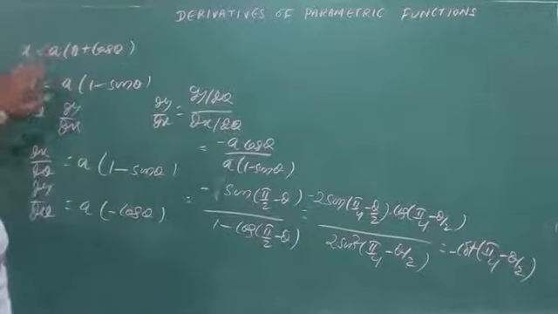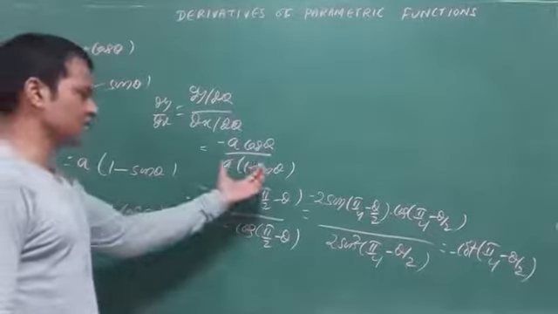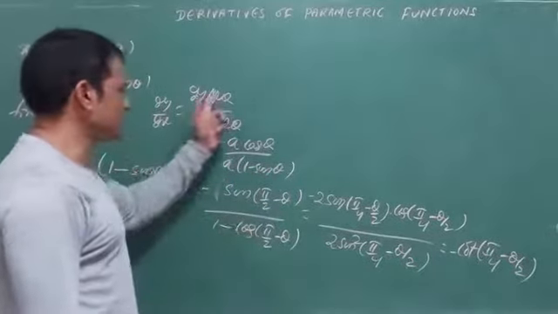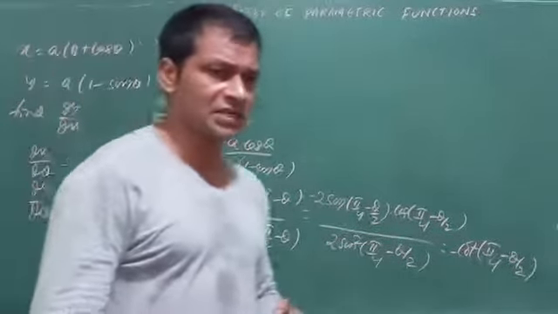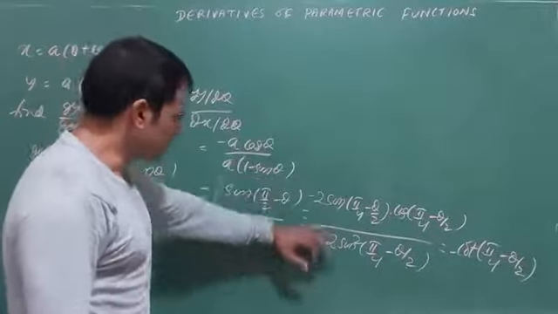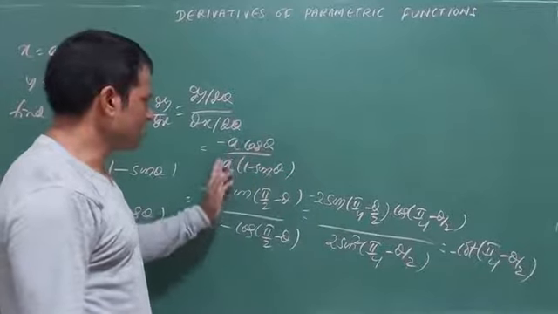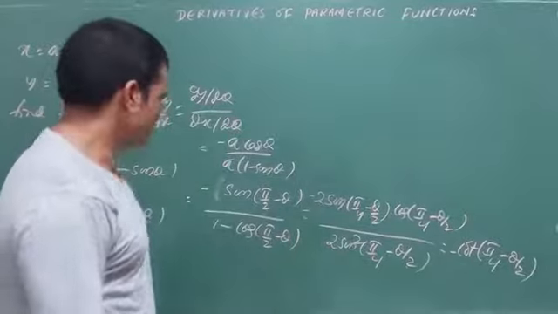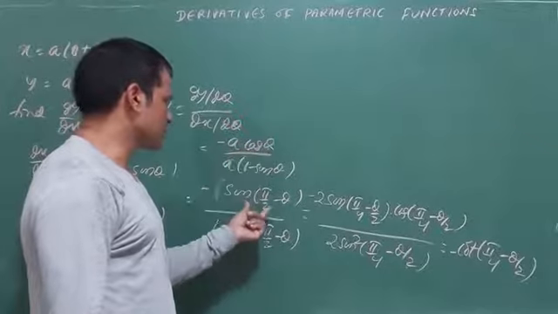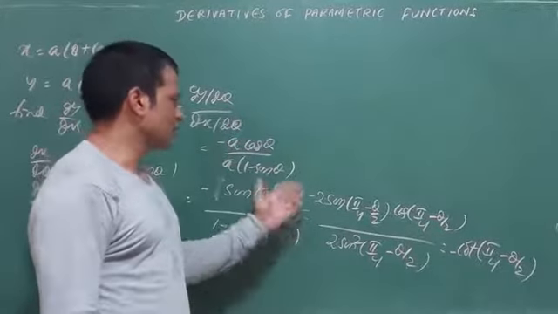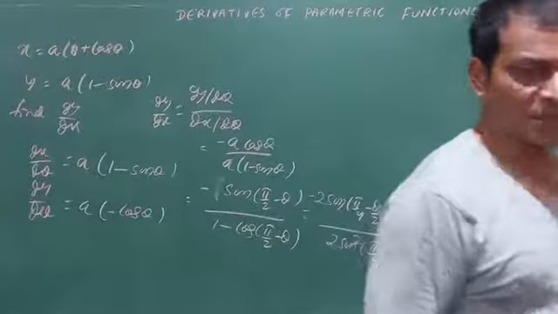So what I did: first I got dx by d theta, then dy by d theta, simple derivatives. You just have to do the calculation. Sometimes they may ask you to find dy by dx at theta equals pi by 4. When they ask that, don't do this particular part; just replace theta with pi by 4 here. 1 by root 2, 1 by root 2, a cancels out, then rationalize, that is your job. But as nothing is given here, convert cos to sin and sin to cos, then apply the formula sin theta equals 2 sin theta by 2 cos theta by 2. Let me see whether the right derivative is coming or not.